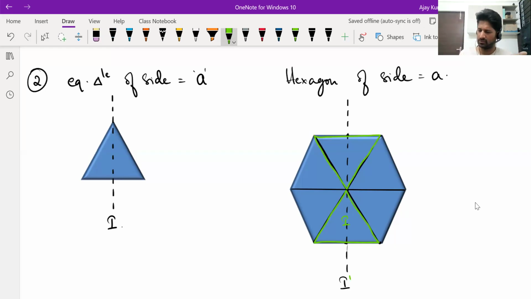Dividing it into two symmetric halves, so this and this are I and I. Those two triangles will contribute 2I. Okay, till there your ideas are correct only. After that,